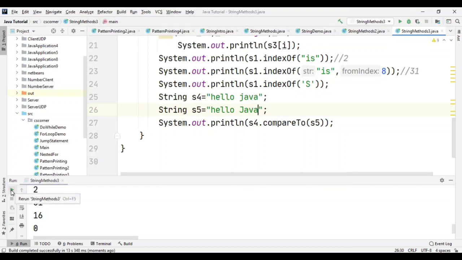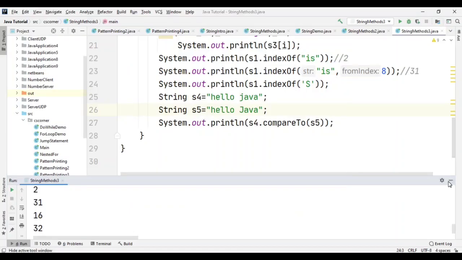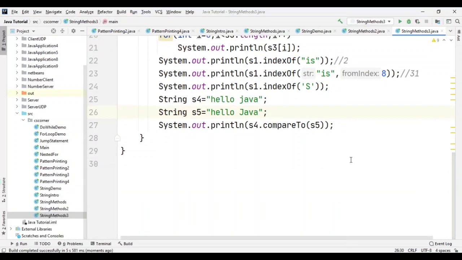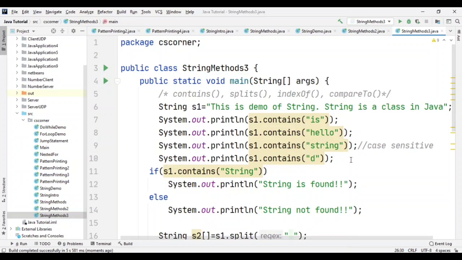So I am going to get what? Positive value. See, I am getting 32, because the value of small j is 106 and capital J is 74. If you subtract them, you are going to get 32 as your value. So this is nothing but compare to method. You can compare your string character wise.